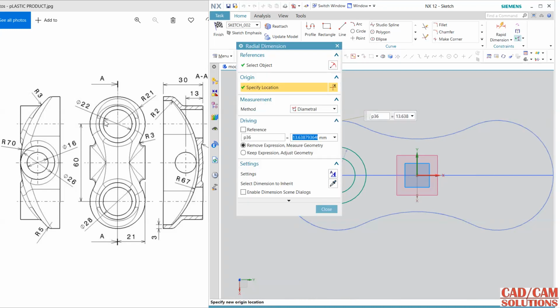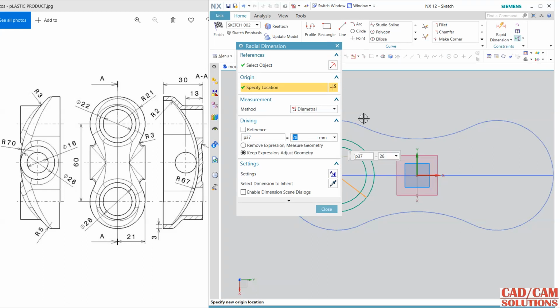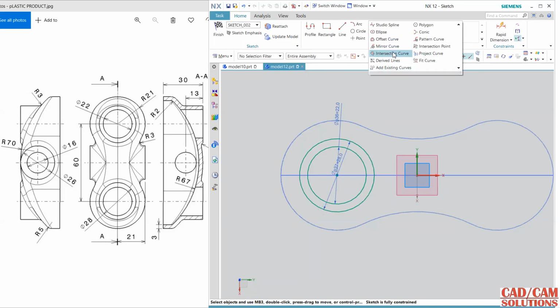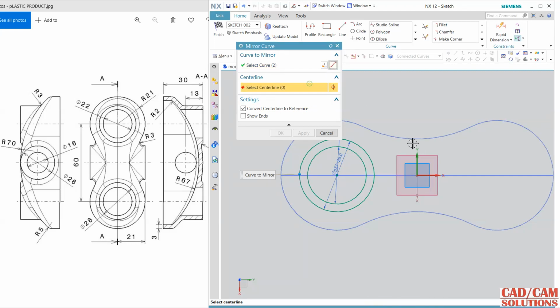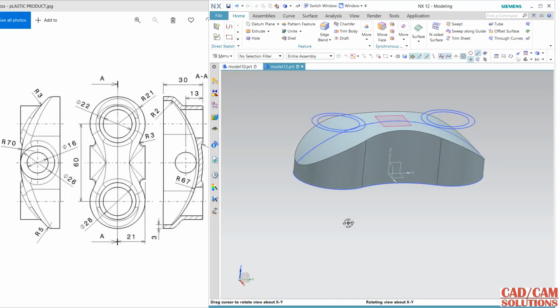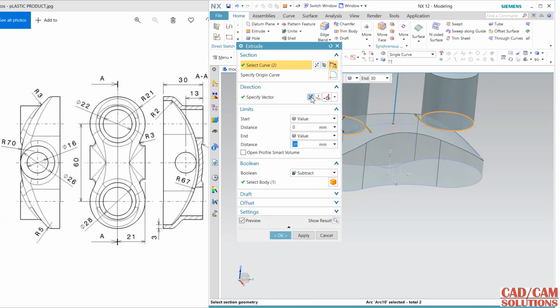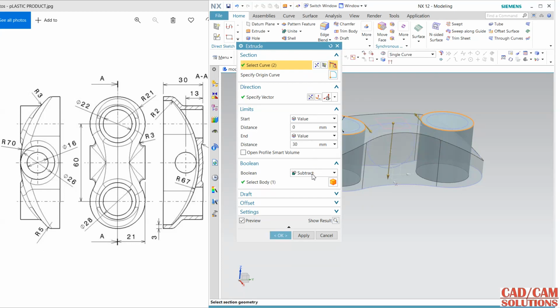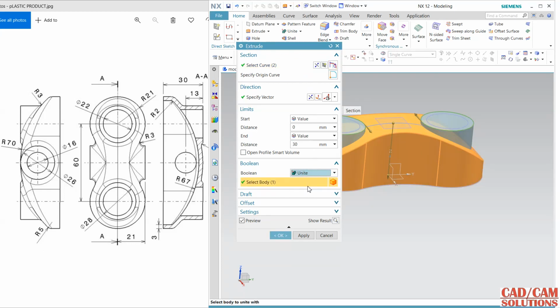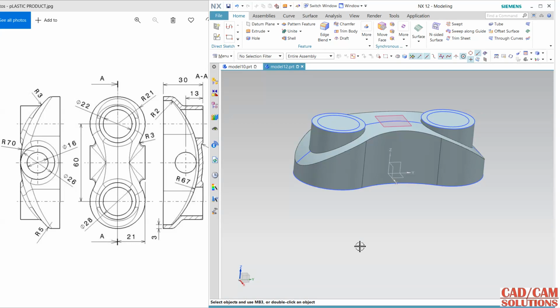Now change the dimension. Here it is, inner is 22 and 28 is the outer one. Now mirror it, exit, change shading and extrude this and this, reverse the direction. I can select up to next or unite, whatever you want. Okay, so until next and apply. Right,